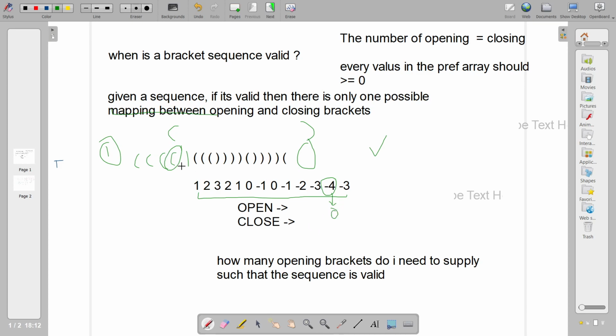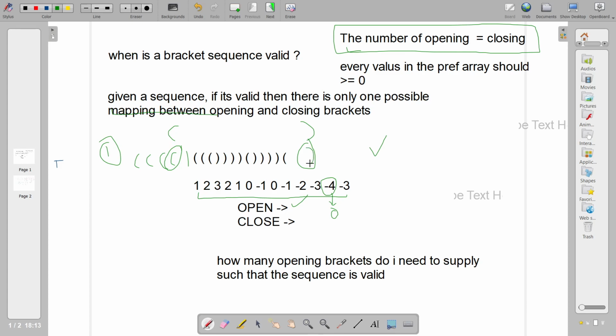And then to match this second condition, number of opening and number of closing should be equal. I will basically just count the new number of opening brackets. This would be 1, 2, 3, 4, and a 5 and 9. So there will be 9 opening brackets. And currently there are 1, 2, 3, 4, 5, 6, 7, 8 closing brackets.